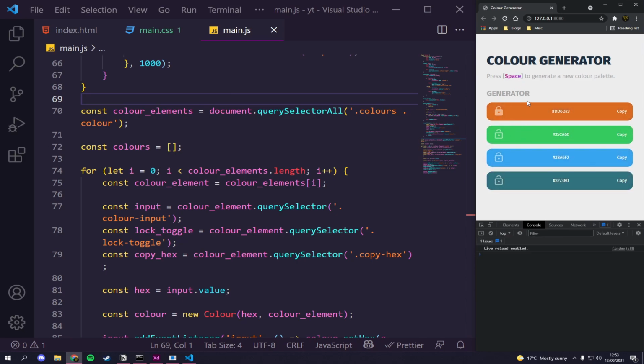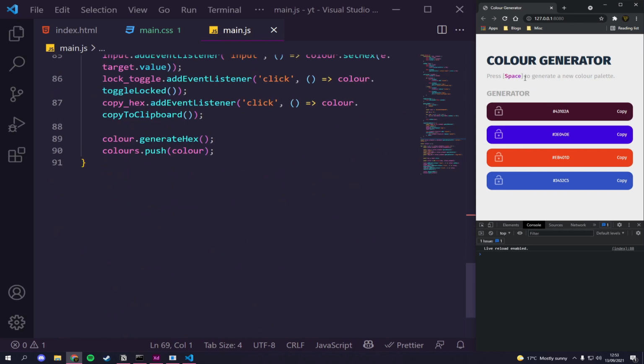We can then lock this, and if we... oh no, I can't refresh because we can't hit generate. If I refresh, it's going to refresh that. That's fine. Let's add in the actual button functionality, so when we press space, we can actually do something. So underneath here, we're going to say